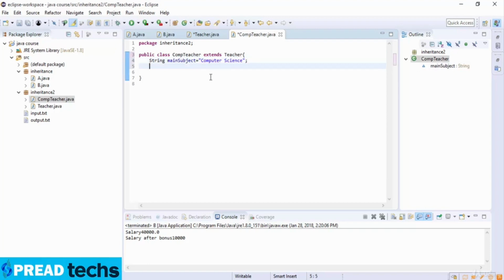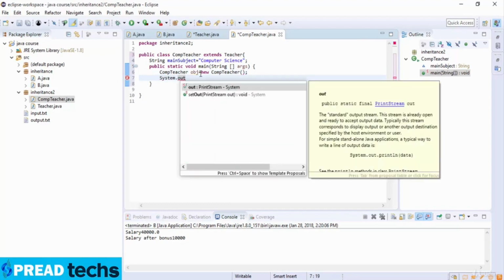Okay, and then I just write public static void main, string args, and then here I just write computer teacher. So I just copy this name and paste it here, and I just create the object to it which is equal to new computer teacher,